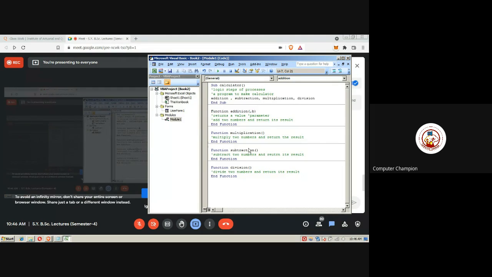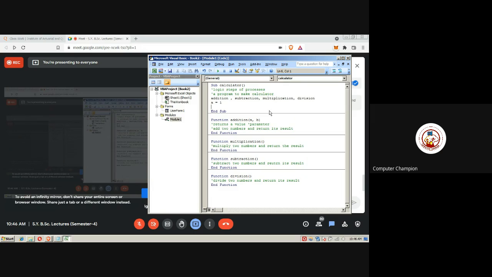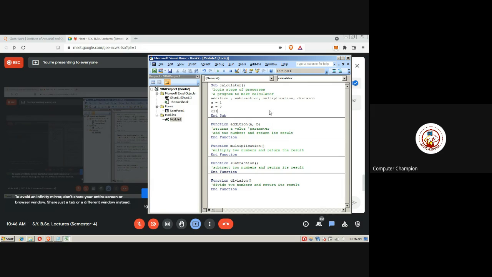For example, a and b, which are two values, right? So here I will do c equal to a plus b, like a and b, a equal to 1, b equal to 2, call addition a comma b, like this.